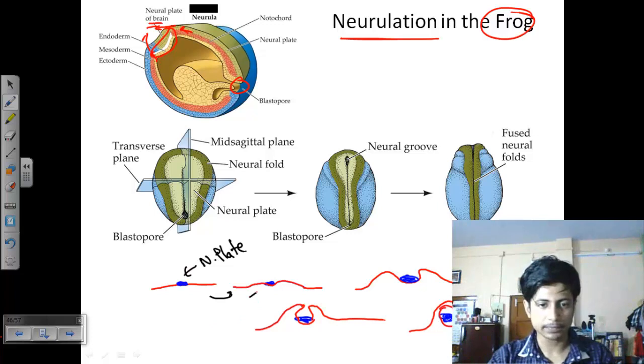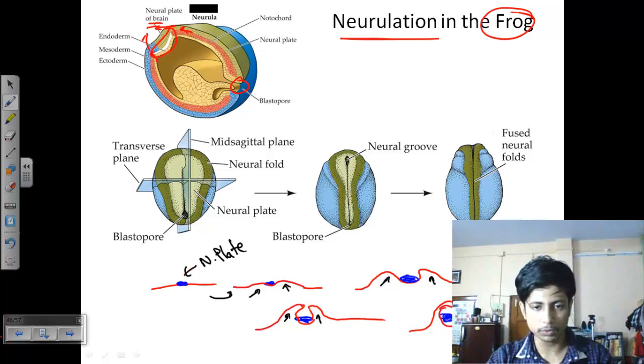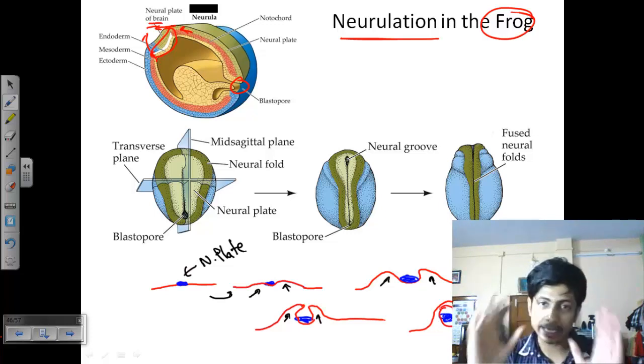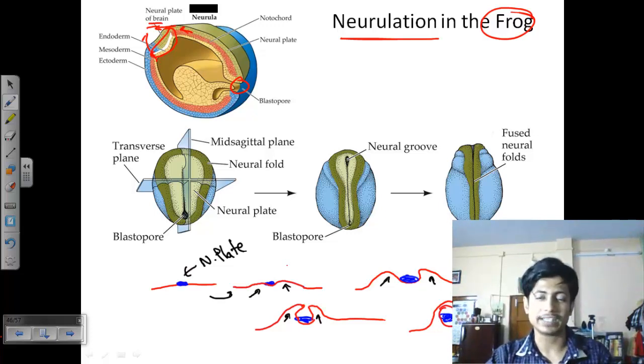Once the cells start to rise from both the terminals, they get closer and closer, and then fuse. These two cell sections will fuse, holding the region where the neural plate is inside a protective vessel, like that. So here this neural plate will develop into the brain,